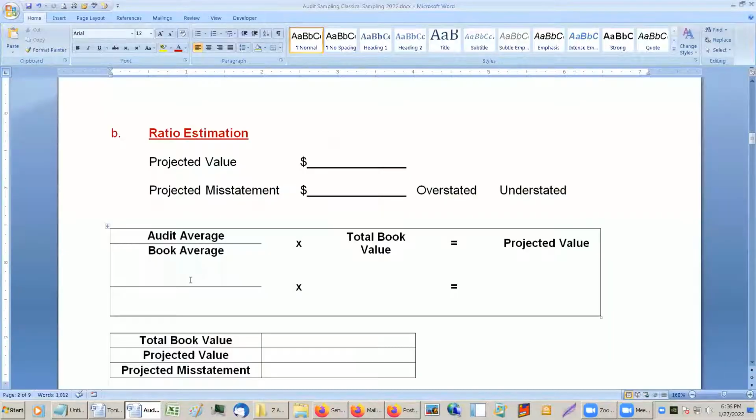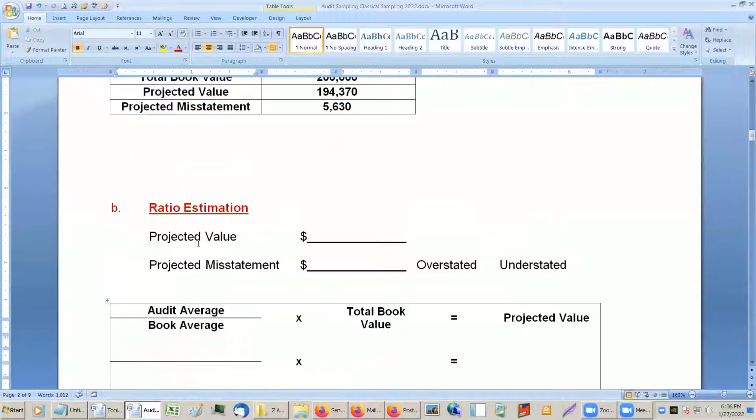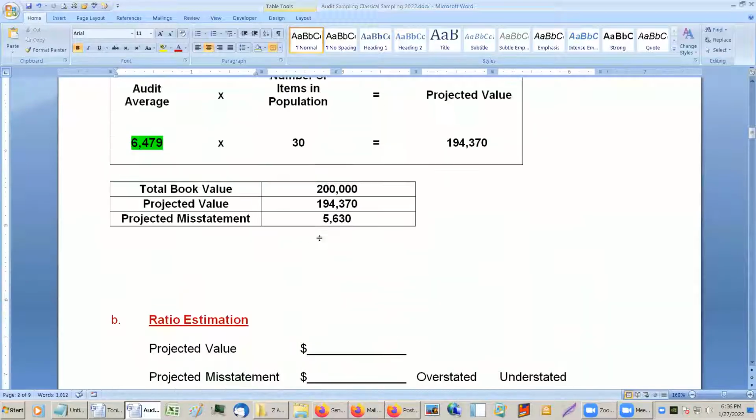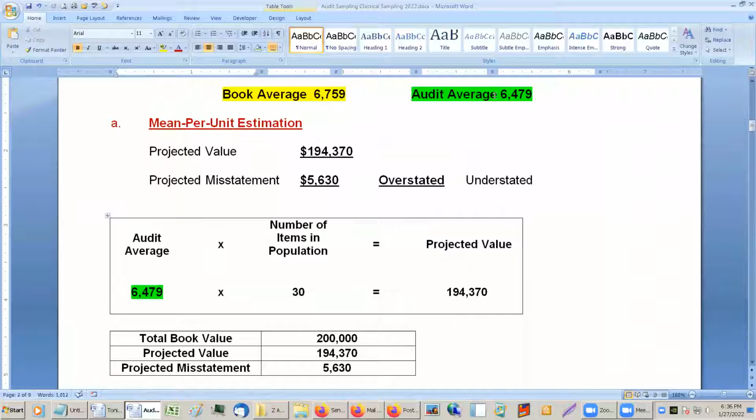So the ratio method says, okay, big accounts will have big errors and small accounts will have smaller errors. You're not going to get a $50,000 error in a $200 account. It just isn't the way things usually go. So the ratio estimation says, again, that it is relative to the size. The errors that you'll find will be relative to the size of the account, whatever item you're testing. And they say, okay, well, there must be a ratio then of this audit to the book amounts. So we're going to take the audit